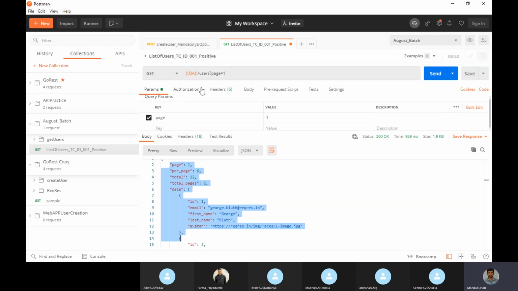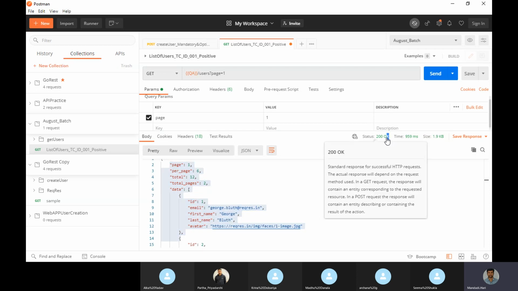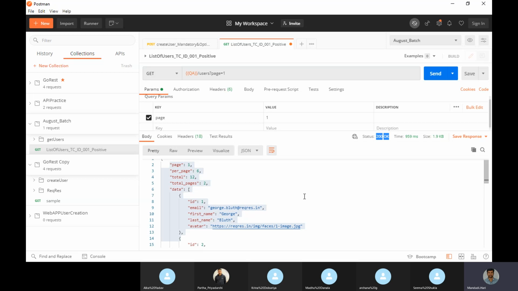So let's go now. One more thing here, I wanted to validate whether the 200 status is coming correct or not with my expected 200 status code. So that also we can do. This is kind of writing assertions in Postman.